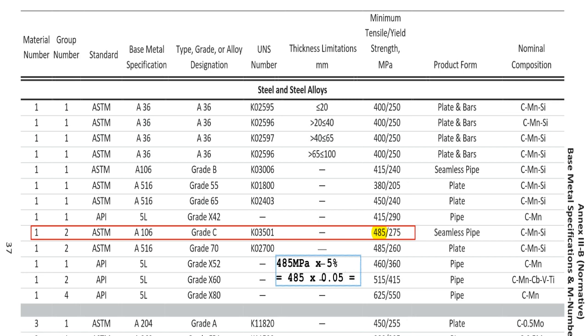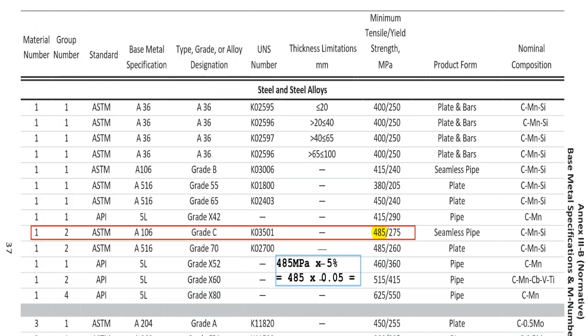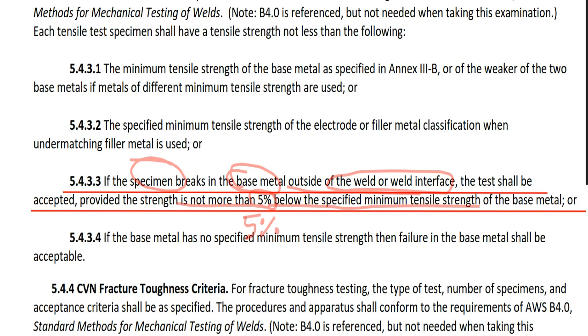Then I use the calculator: 485 times 0.05, which is 24.25. 24.25. Then what it means here,